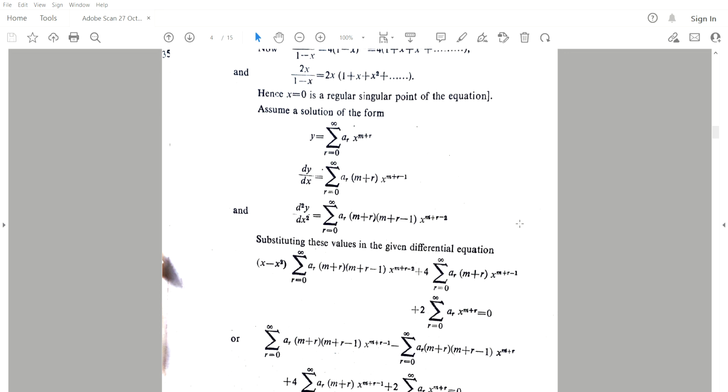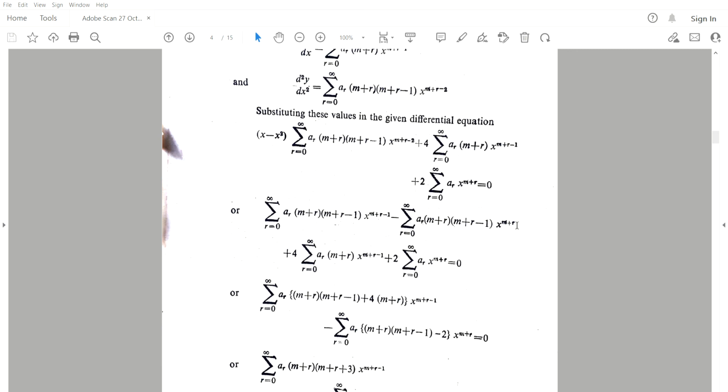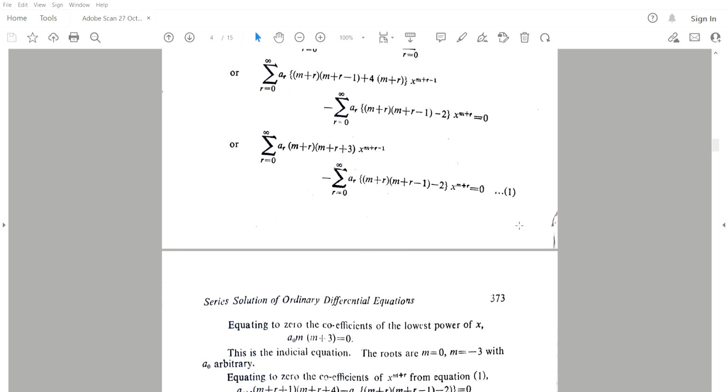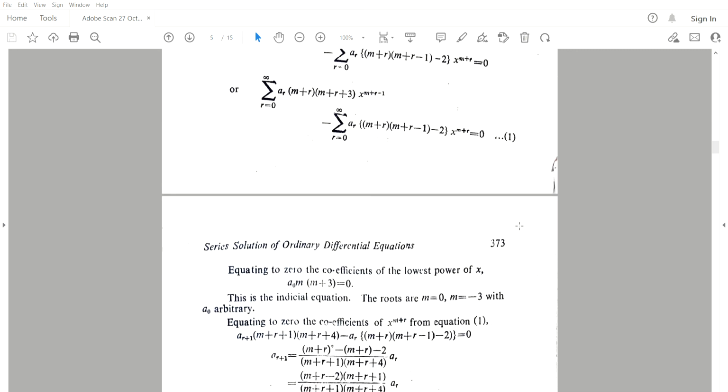That means we will have to find the indicial equation, because indicial equation will give you the two values of m if it is second order. Therefore this is step number 4. Step number 5 is we will write the solution y at m1, y at m2, and the solution will be c1 y at m1 plus c2 y at m2. These are the 5 steps.